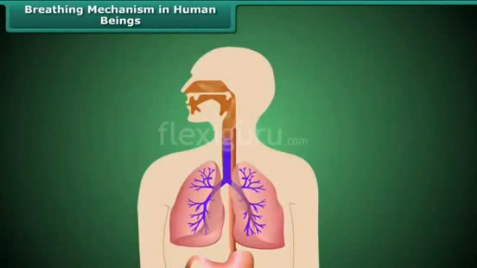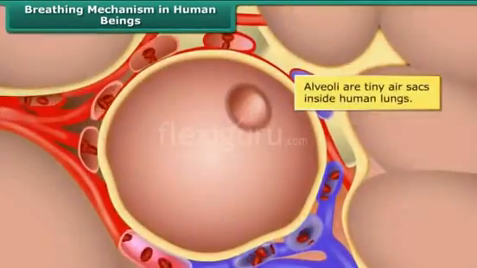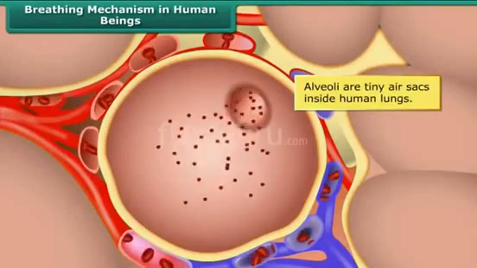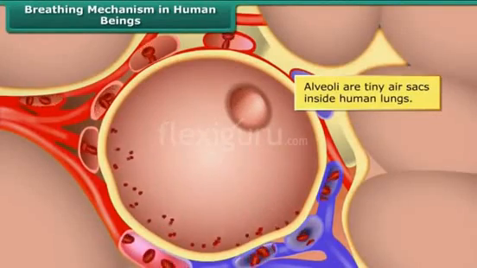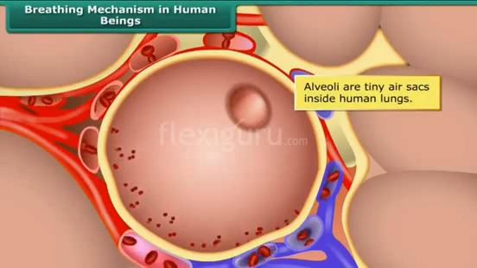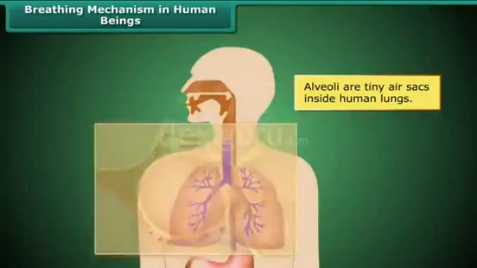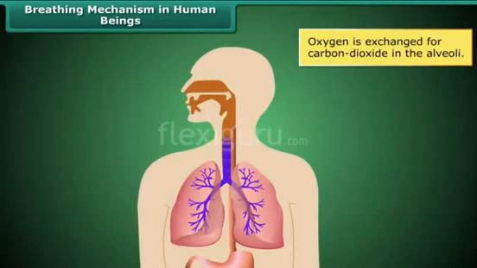Once the inhaled air reaches the lungs, it enters tiny air sacs known as alveoli inside the lungs. Here in the alveoli, gas exchange takes place, that is, oxygen is exchanged for carbon dioxide. The oxygen in the alveoli travels into the bloodstream and is used up in cellular respiration. The carbon dioxide in the blood moves into the alveoli and is expelled out of the human body through